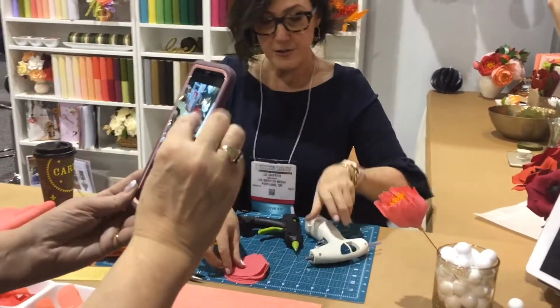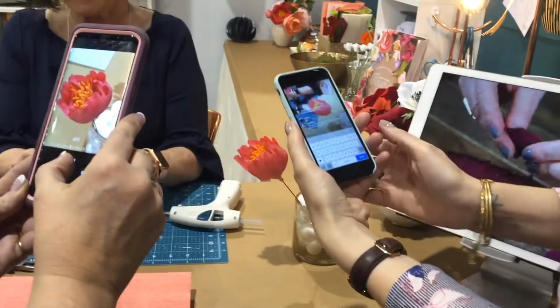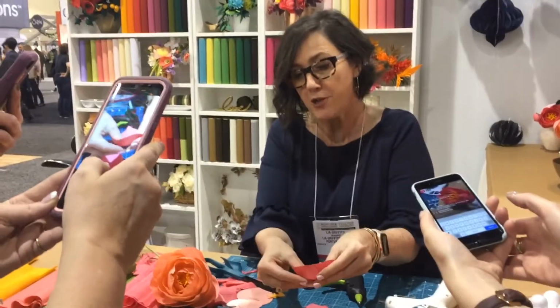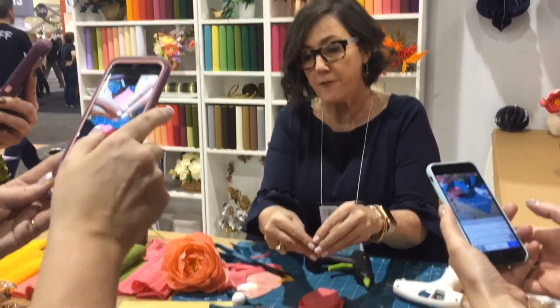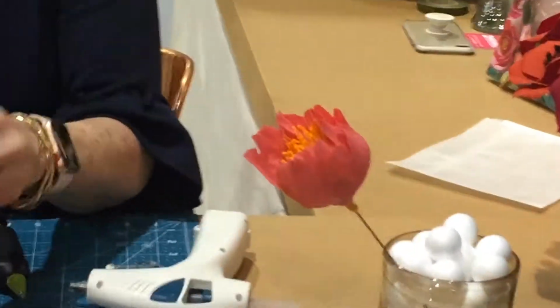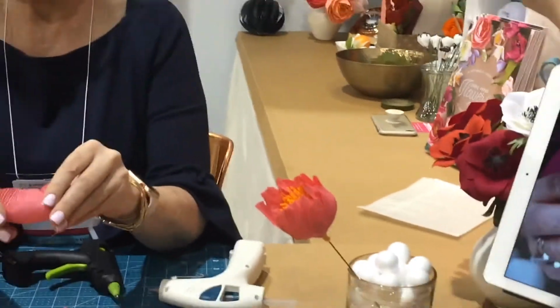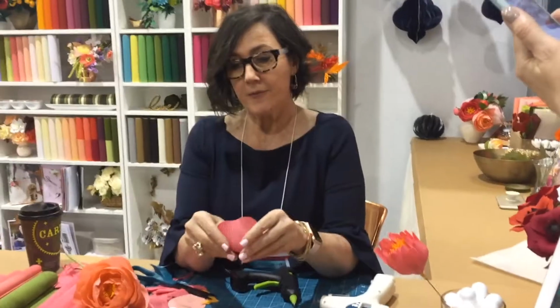So now I'll do the same thing here. And in this case, I'm just going to really work on giving myself the biggest cup I can. As I'm pulling it here, I'm also forming it back in with my fingers. And it has that much elasticity. It can go in both directions, amazing. That's the difference between yours and